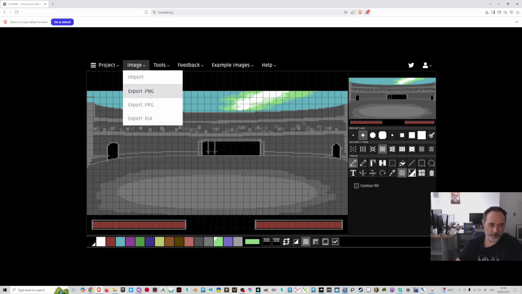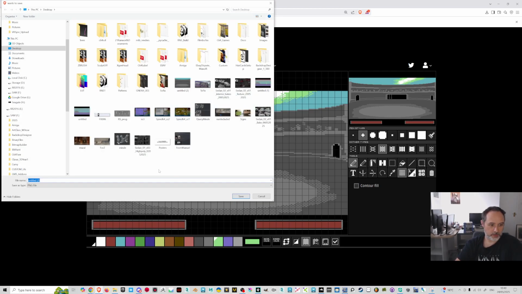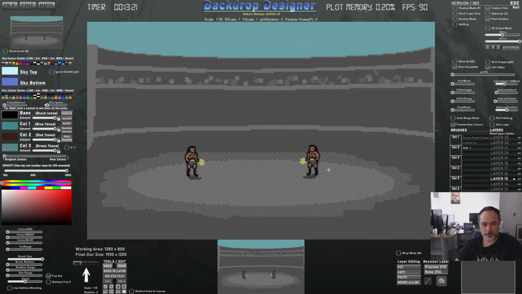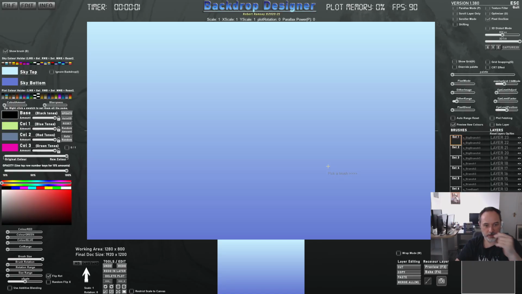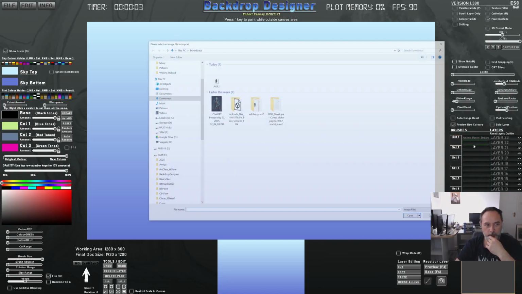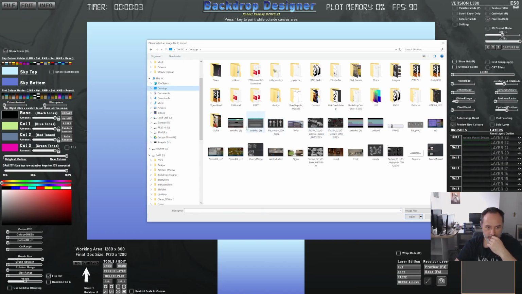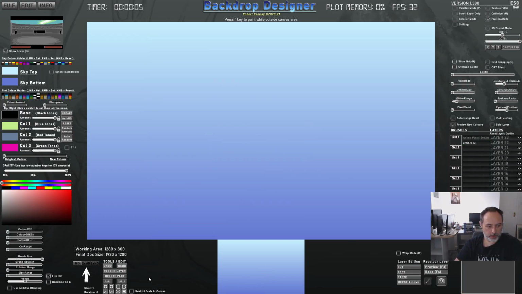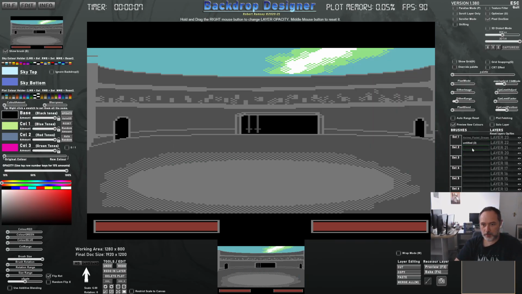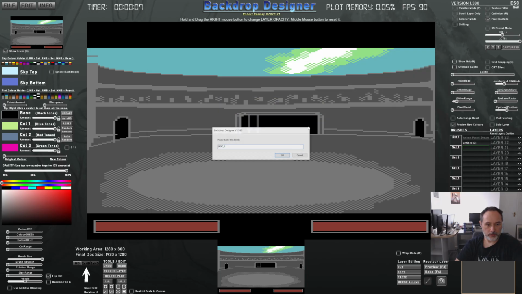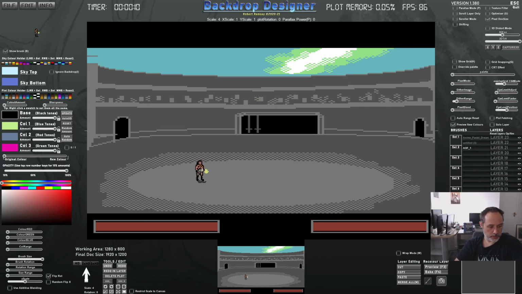So let me just do an export PNG again here, just so you get to see that workflow one more time. So I'll go back into Backdrop Designer. I'll just press F6 to reset it. Import this one, place it down, and then grab the sprite, downloads, scale them up 6 times,